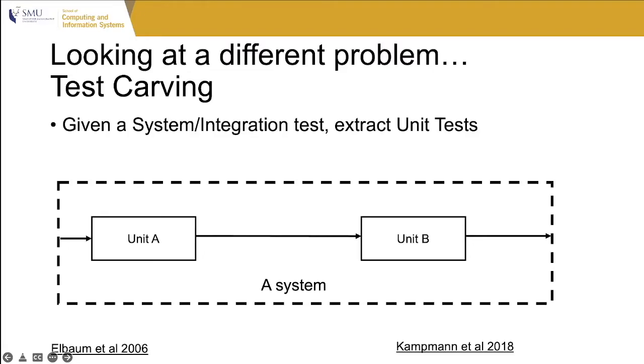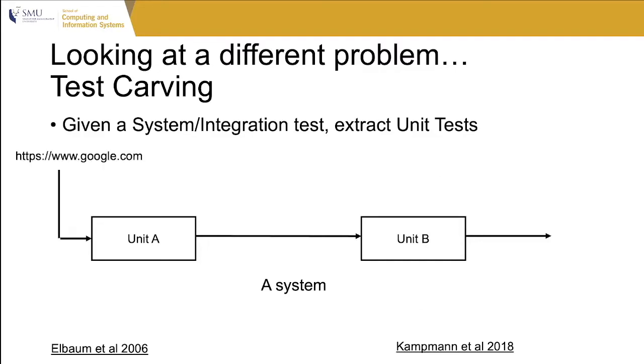To address this issue, we look at the literature of software testing and we find a very relevant technique known as test carving. Test carving addresses a related but different problem. That is the task of extracting unit test cases given a system test. Say we have a system comprising of 2 units. The system takes a URL as an input, and the first unit fetches the contents of the website associated with the URL, and then the second unit extracts a piece of information from the website,